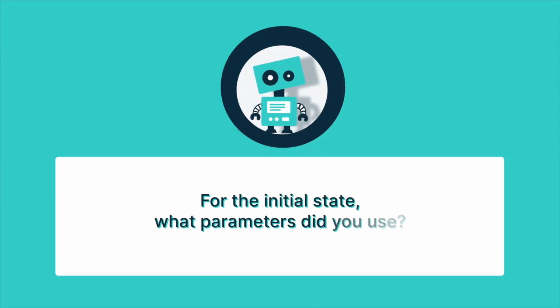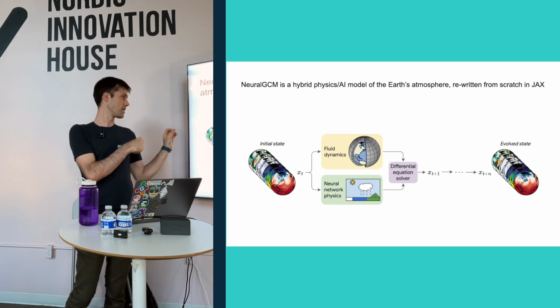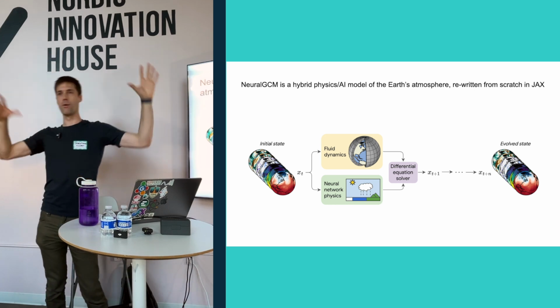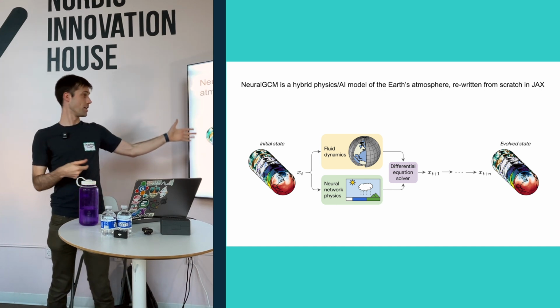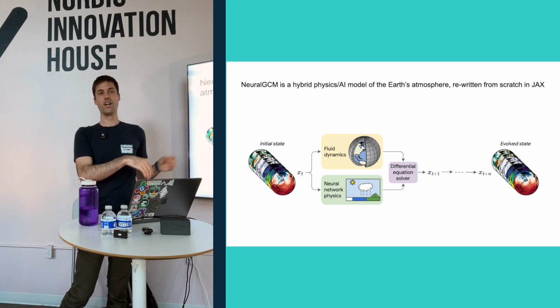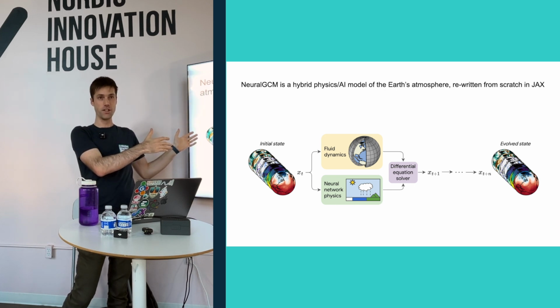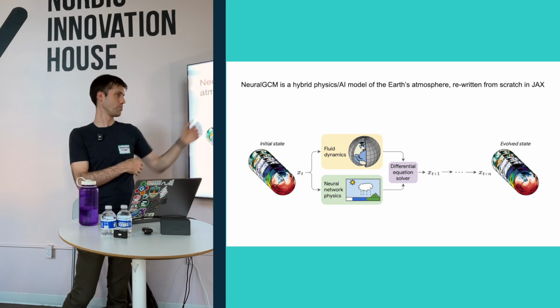Wait, 2 questions. On this slide, for the initial stage, what parameters did you use? In our case, we take this past climate reconstruction called ERA5. The problem is that weather data is so complicated. There are all these different satellites and weather stations and balloons, and the European Centre for Medium-Range Weather Forecasts already did the hard work of integrating all those into some estimate of the current state of the world. They did that going back for the past 80 years. So we use their model for the initial conditions and as the targets for our model, and then we just feed it through to make predictions.